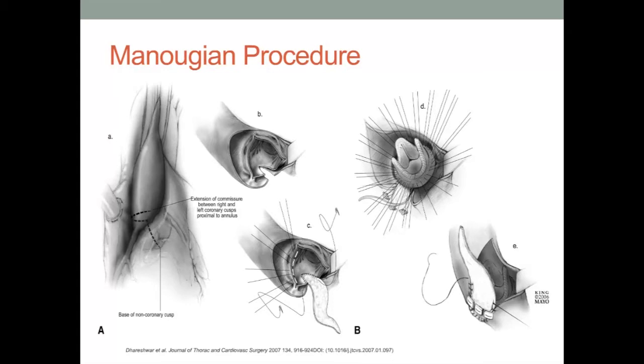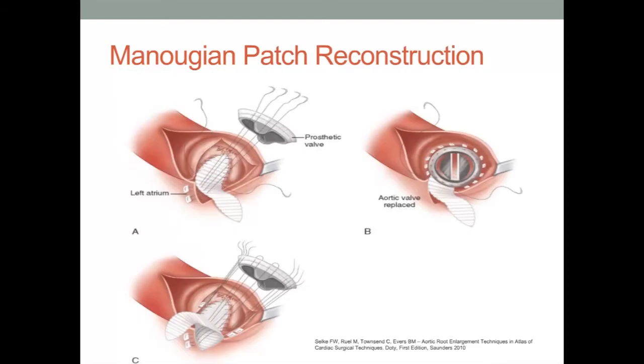The B section of this slide provides a general representation of patch followed by prosthesis placement in regards to reconstruction, which we will describe in greater detail within the next few slides. Following root enlargement via an incision across the non-coronary portion of the aortic annulus into the anterior leaflet of the mitral valve and roof of the left atrium, a diamond-shaped patch of pericardial or prosthetic material is cut to appropriate size. As with the NICS procedure, reconstruction is initiated by placing the patch into the deepest portion of the incision